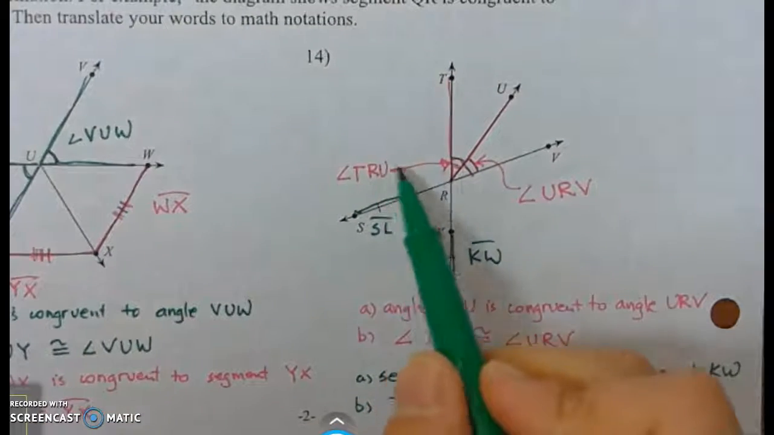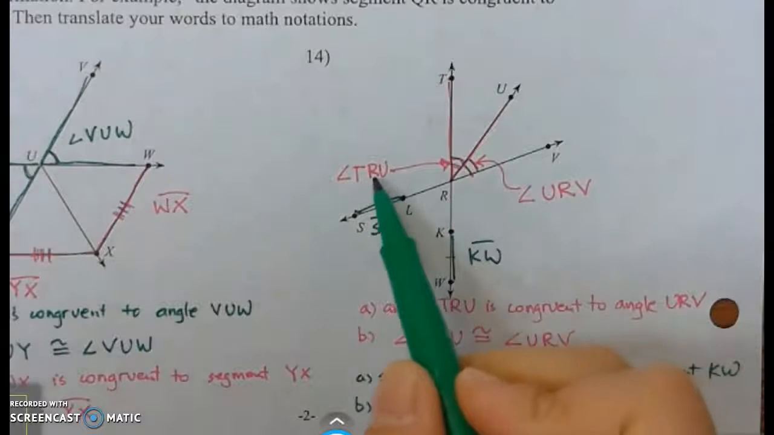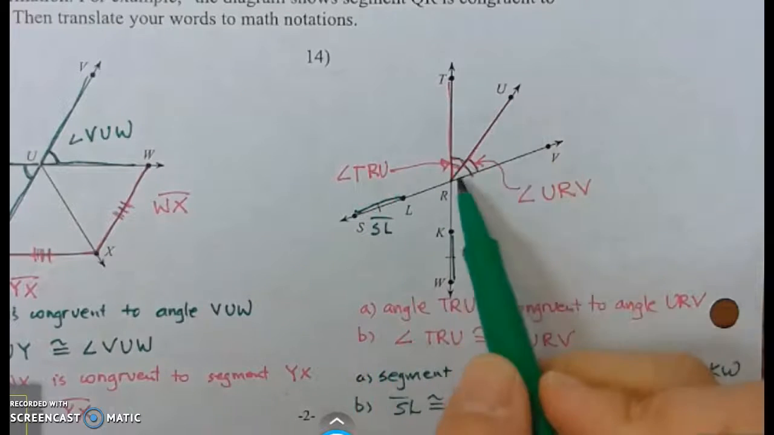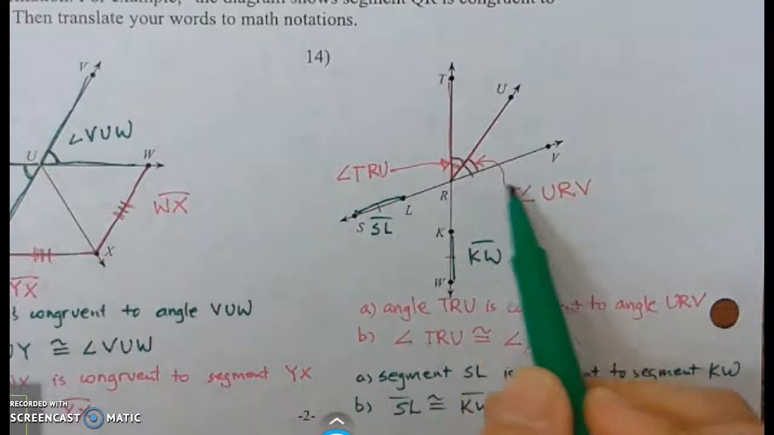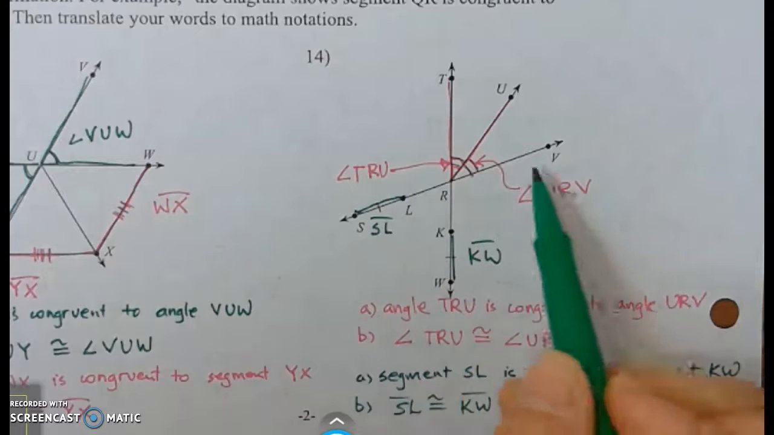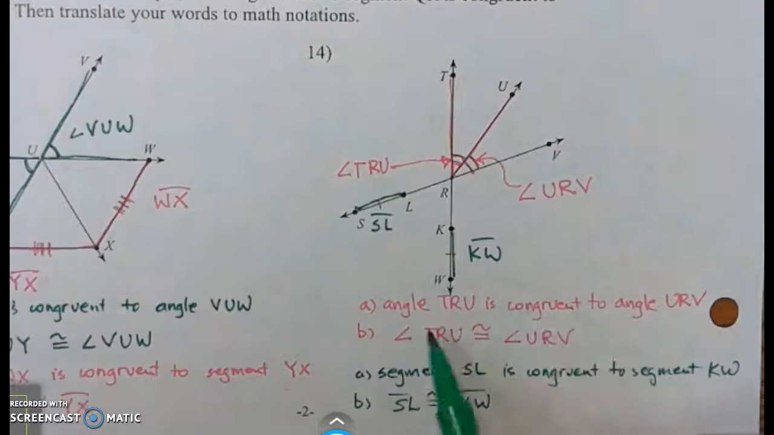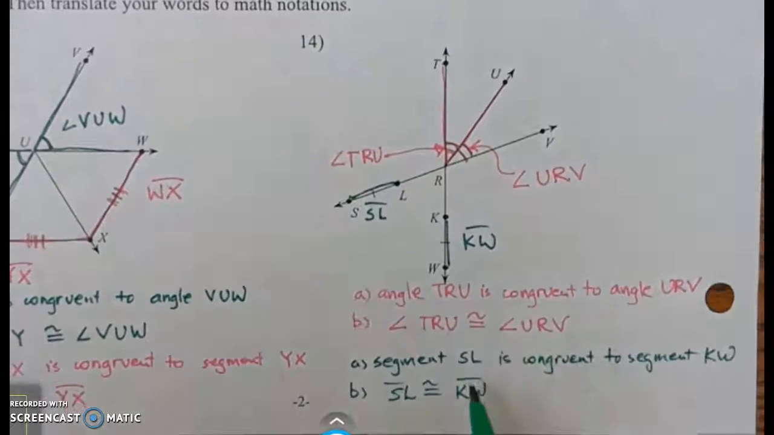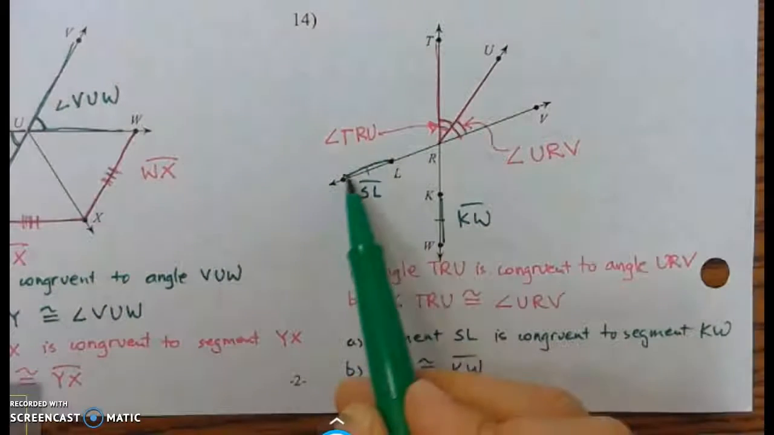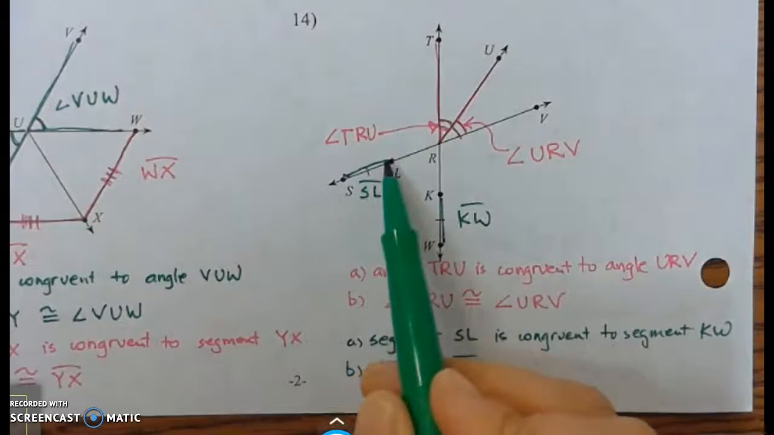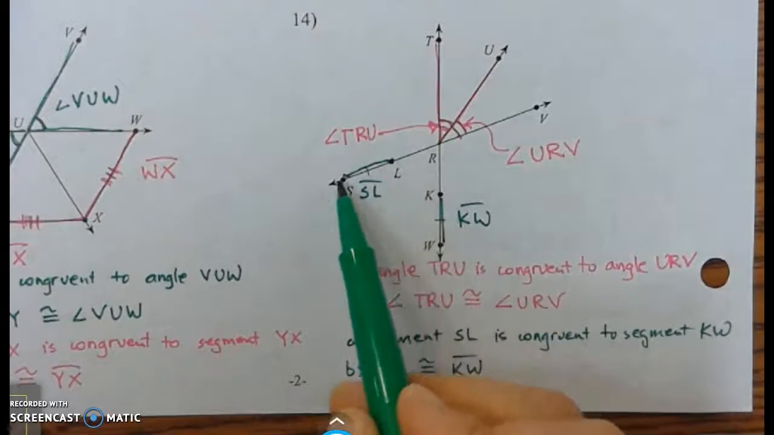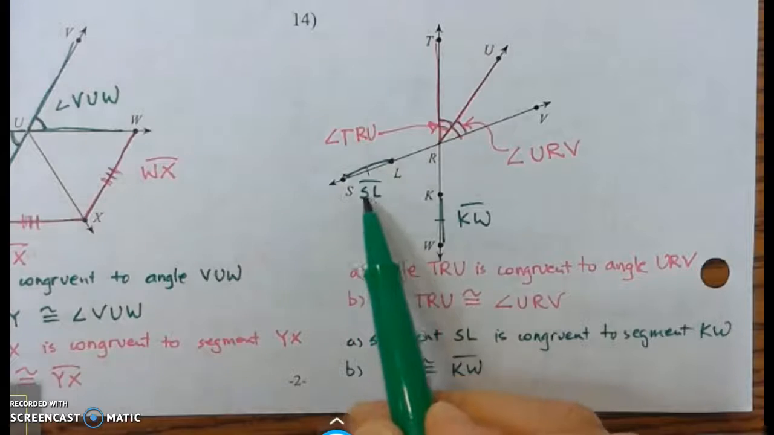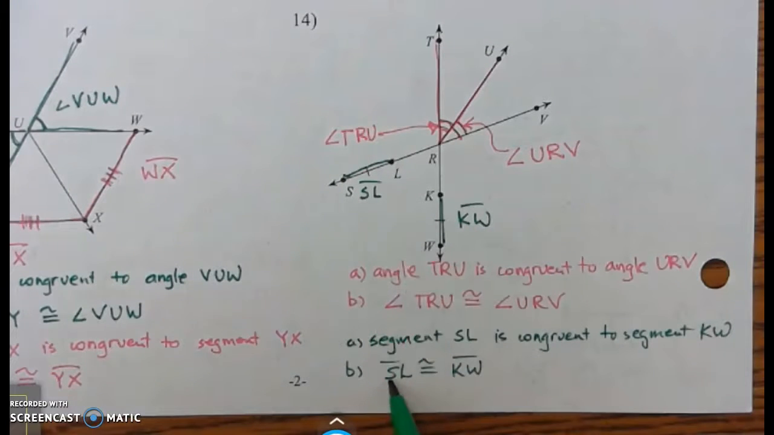Similarly for this, we know that the first angle, we can name it angle TRU, or you can also name it URT. And the second angle is angle URV or VRU. And so they are congruent, and this will be the notation. And then the segment SL starts at S and ends at L, or starts at L and ends at S. So you could call it segment LS as well. So segment SL